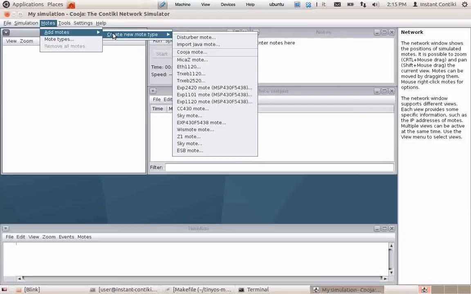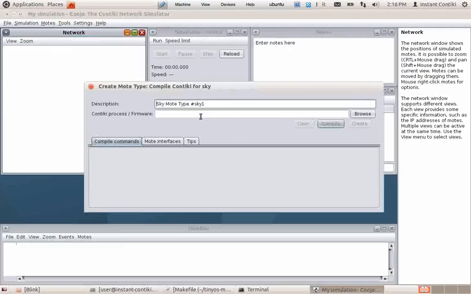So you can simulate different hardware here, including the TelosB. Now, the TelosB is also known by a different name, which is T-Mote Sky. It's a different name, but it's basically the same hardware. So we will create a new mote type, Sky mote, which basically is the TelosB mote. So if you click on it,